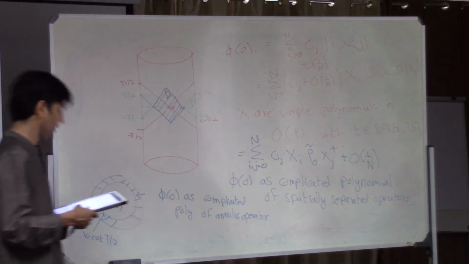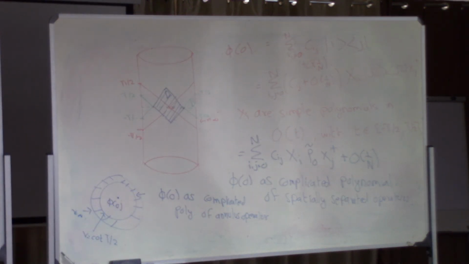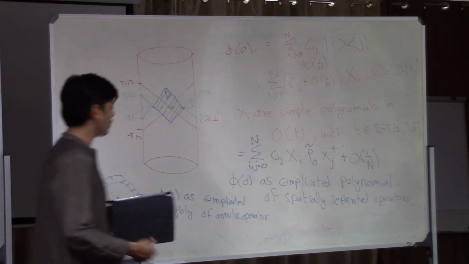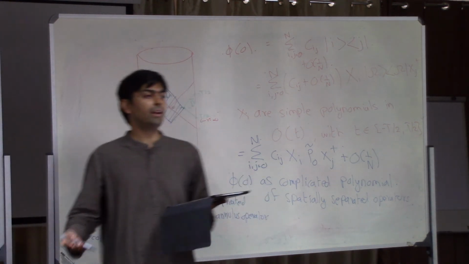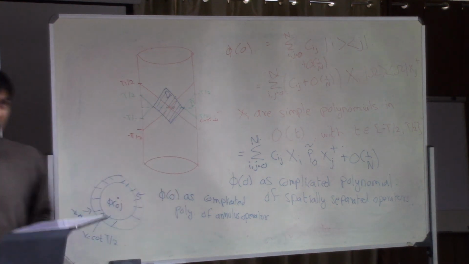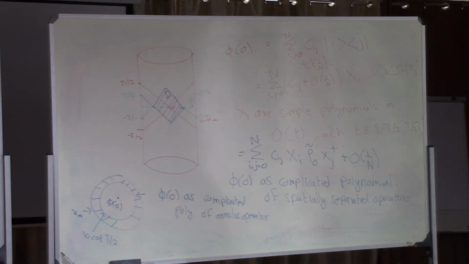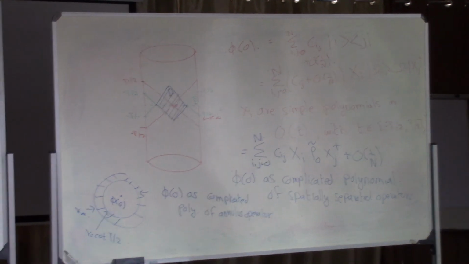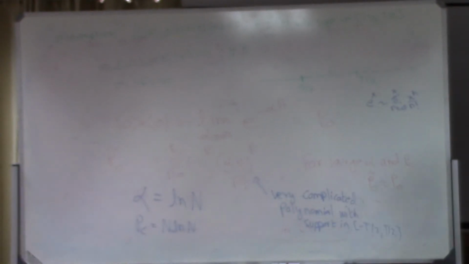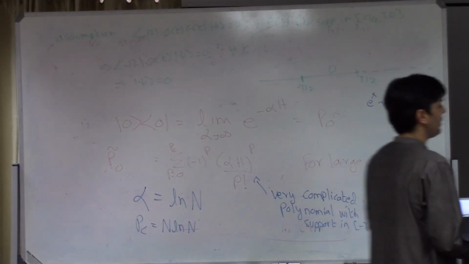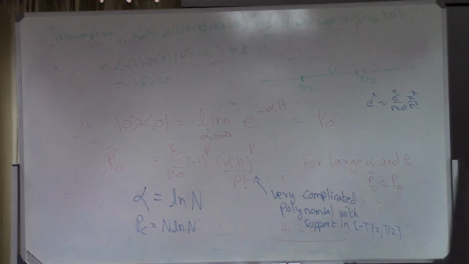That's the second. Third, I won't say I have any more details about this in this talk, but you could try and ask, can you write down a similar formula in flat space? The answer is no, we don't know how to write down a similar formula in flat space, partly because we don't understand this IR cutoff well enough. One of the things that went into this formula was the IR cutoff. But we do have indications that a similar formula should work in flat space. And the indications are as follows.